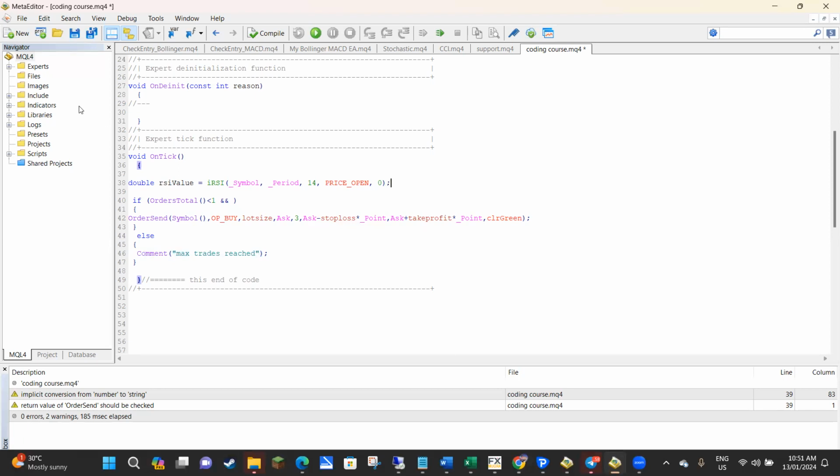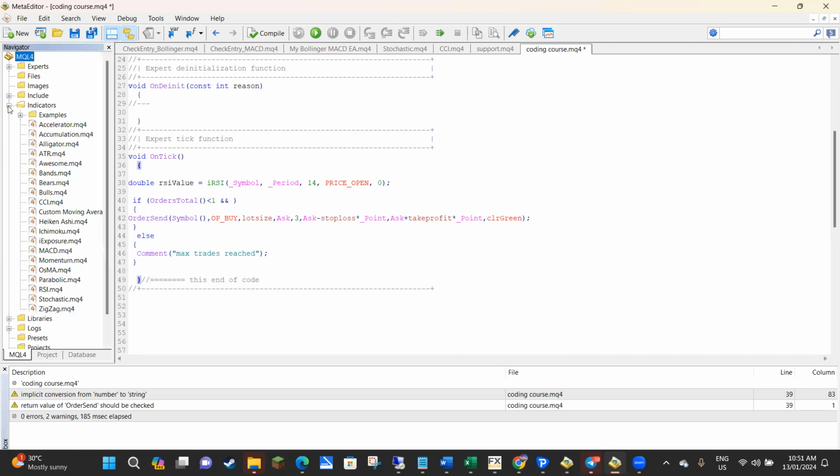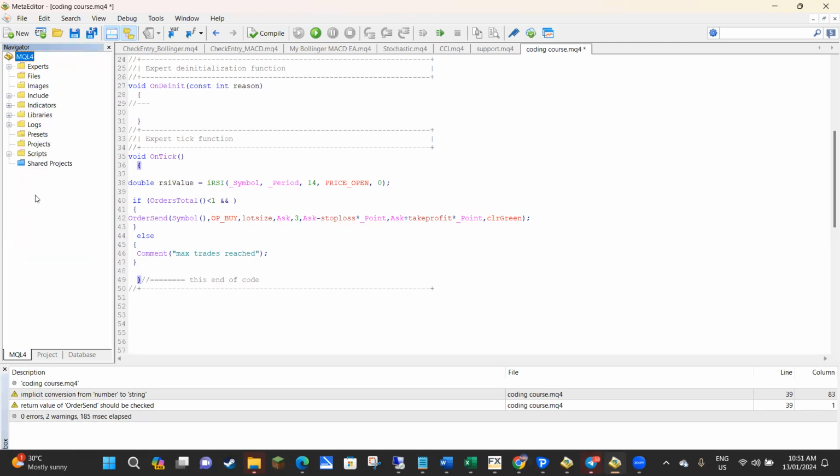For any of the indicators that come with the MT4 platform, I think all of them, at least most of them, there is code built into MQL4 to allow you to pull in information from that particular indicator. And I'm not going to use these ones up here because they're a little bit more complete and therefore complex code. But if you wanted to use the RSI value as part of your EA,